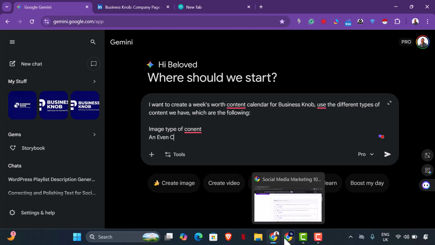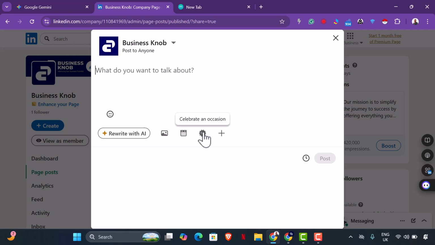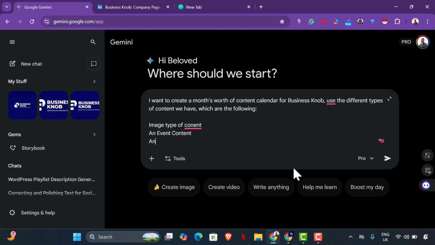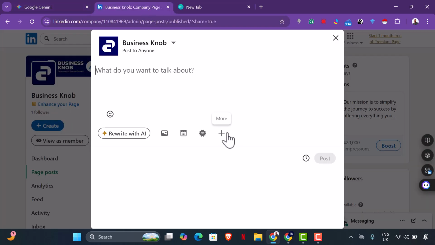The next type of content is an event content. Let's create a month, so let's say a month of event content. Then we have an announcement content, that is another. Then we can look into more. Then job type of content, we won't do that. Then we have poll.